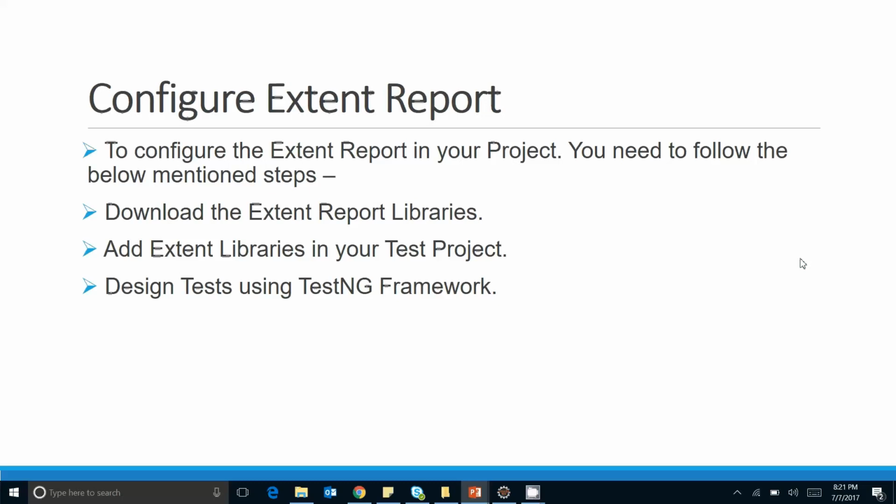To configure the extent report in your project you need to follow these steps: download the extent report libraries, add the extent libraries in your test project, and design tests using the TestNG framework. Why do we need to design our tests using the TestNG framework? Because as we all know, TestNG by default creates some kind of reporting. Using that particular reporting, extent report will further create the extent report. So that's why we use TestNG to generate the extent report.